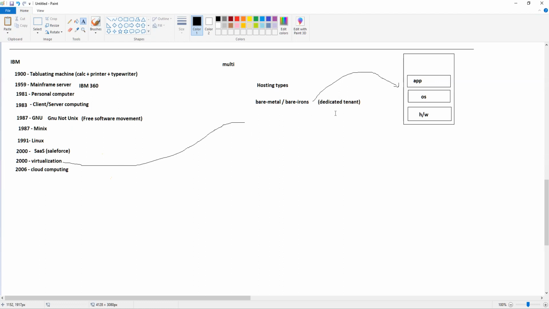So first we'll try to understand the problem statement of virtualization. Why do we need virtualization? This was your setup before virtualization came into existence. You had hardware, an operating system on top of that, and the application running on top of that. Actually, that's the same setup you have on your laptop as well. Your laptop is your hardware, and on top of the hardware you're running your operating system. And on top of the operating system, you have all your different applications.